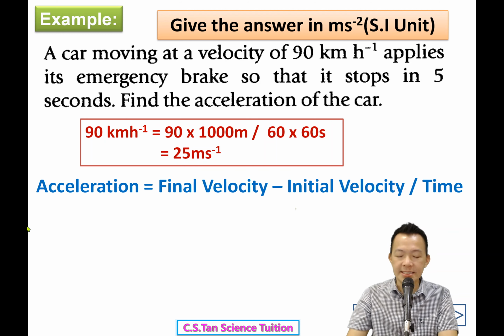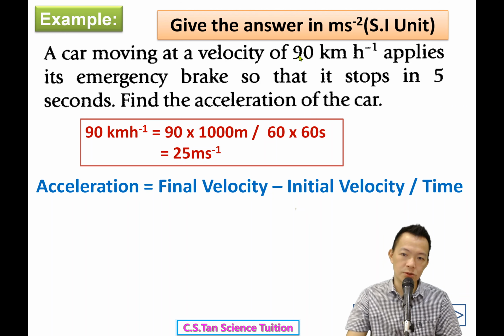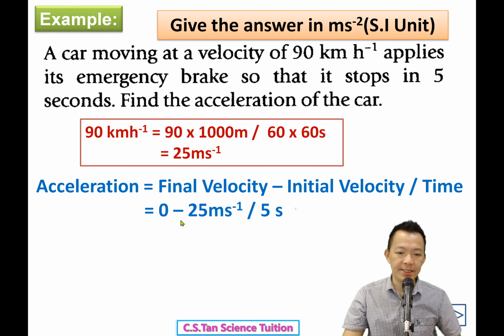Okay, so acceleration equals final velocity minus initial velocity. 最后的速度0减掉刚才的速度25 meter per second. And you need 5 seconds. 它需要5秒才能做到这件事情。